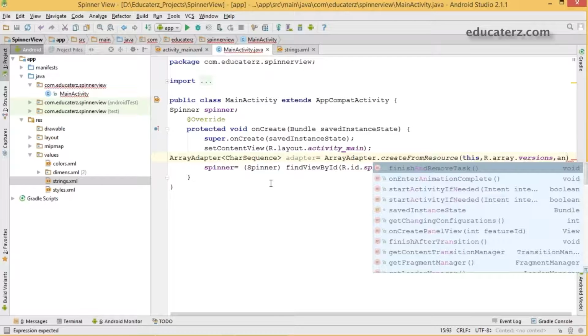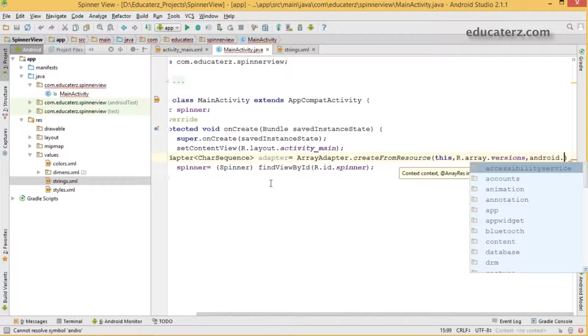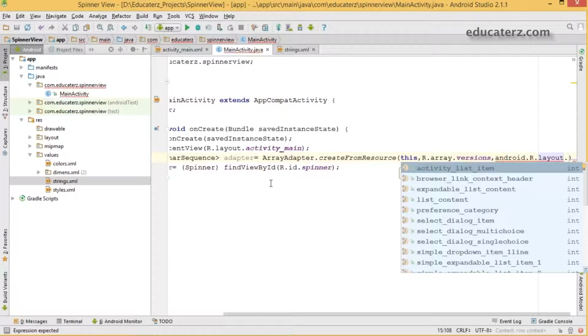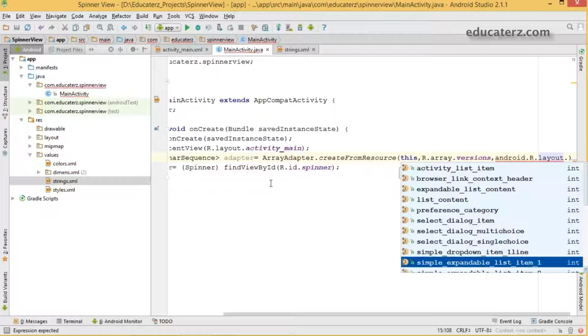That is android.R.layout.simple_spinner_item. You just go here and simple spinner item will be there.